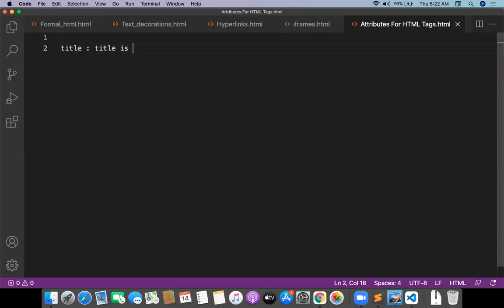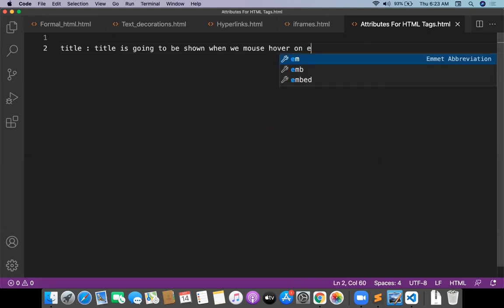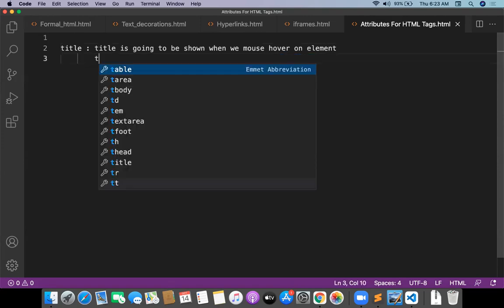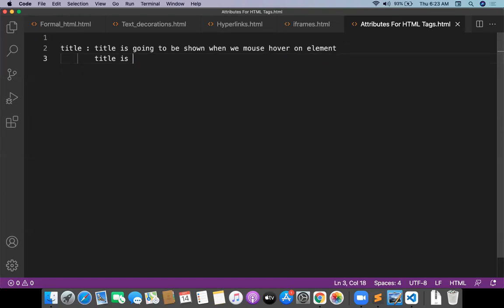Title is going to be shown when we mouse over an element. And one more point, title is a simple description about the element. That's enough. Okay, that is the first attribute, guys.